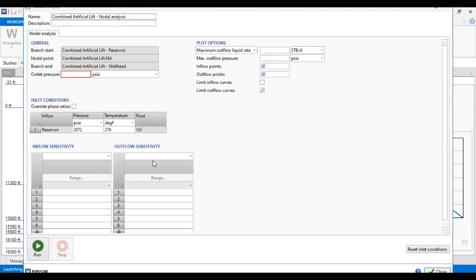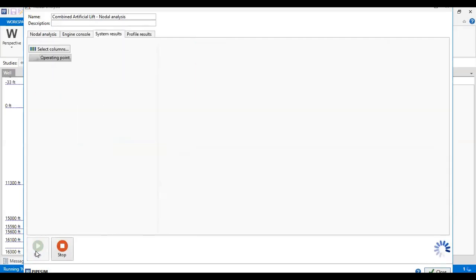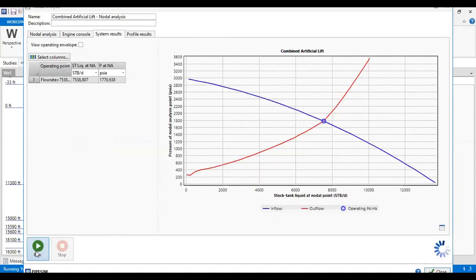Okay, we wait. All right, so this is the sheet or the wizard for the nodal analysis. Let's say the wellhead pressure is 200. Okay, wellhead pressure is now 200. This is the reservoir pressure and the reservoir temperature. I can easily click run to perform the nodal analysis. Okay, we are almost at the end of the session, so we will wait for the nodal analysis.